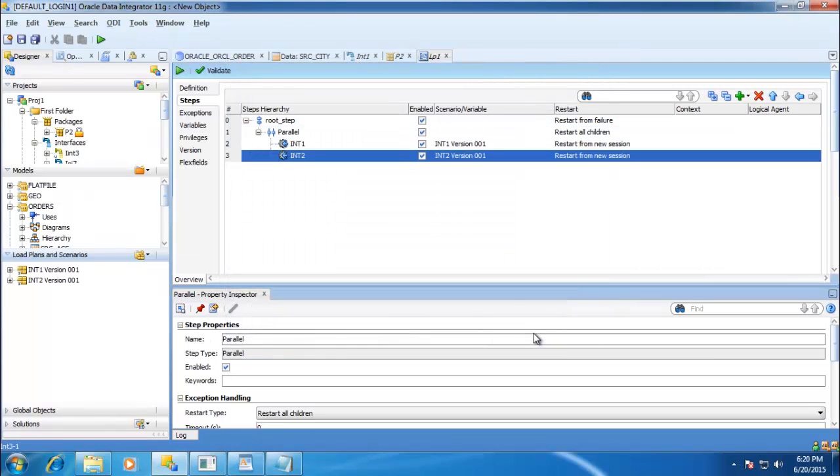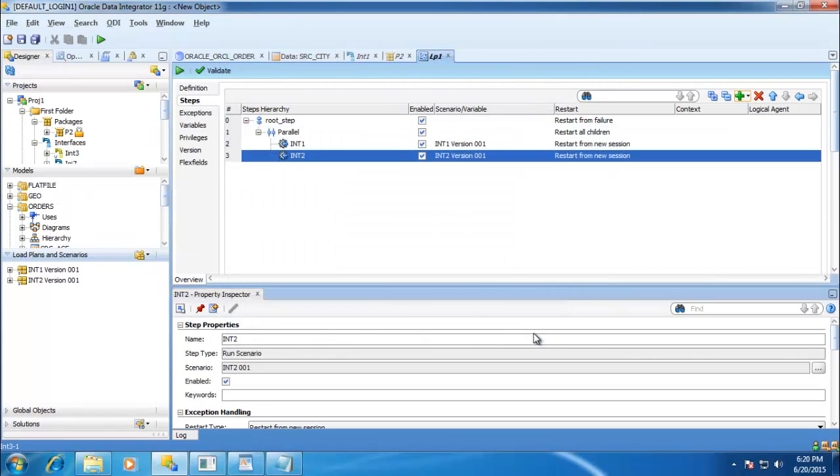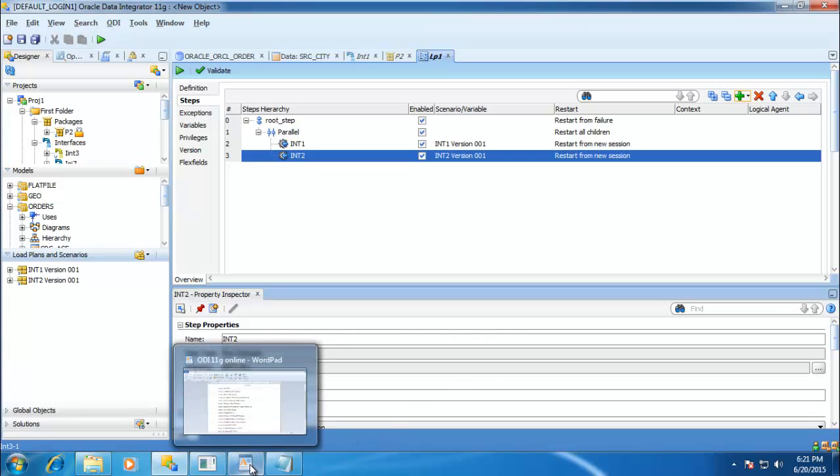Both interface 1 and 2 are going to be executed in parallel. It is executed like this. We can tell how we want to execute, whether serially or in parallel. That we can define in the load plans. We are going to see how to define the load plans.